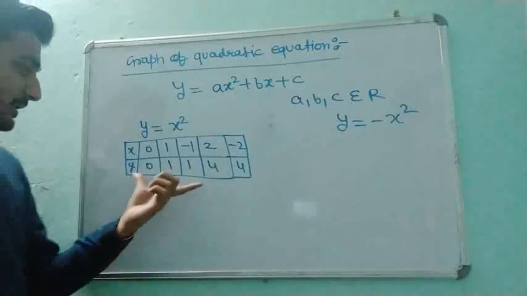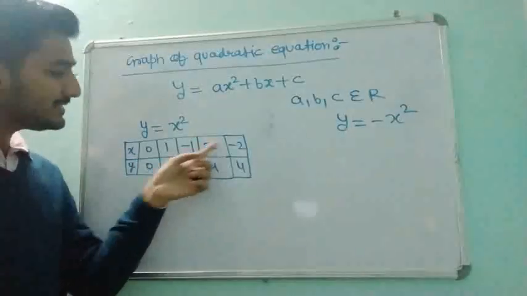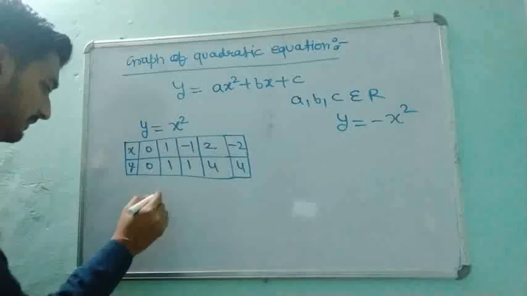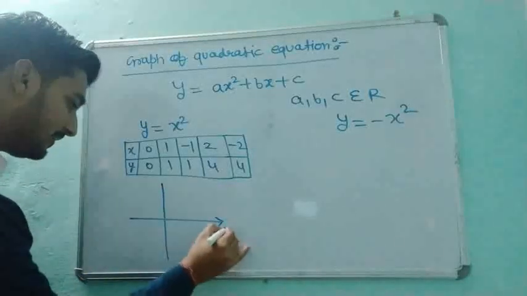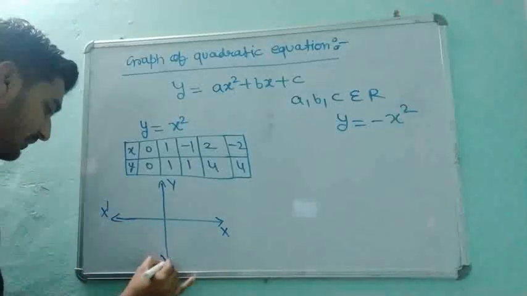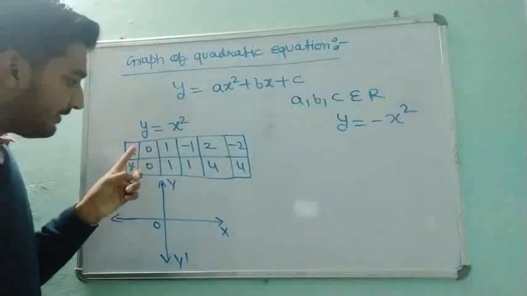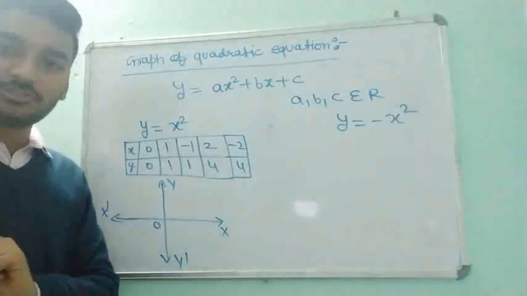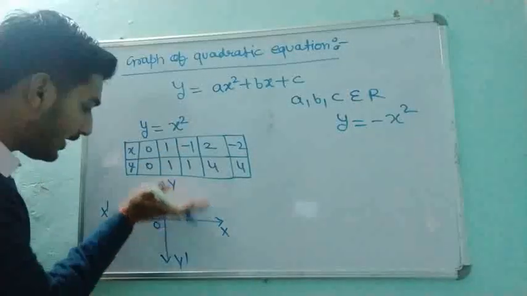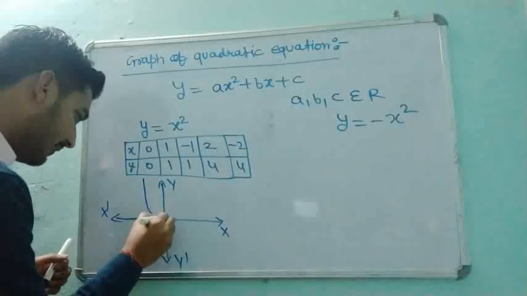If you see this table very clearly, for different values of x, either positive or negative, the values of y are positive only. So if we make a graph for this, this is our standard coordinate system. Here we have the negative x-axis, here we have the negative y-axis. So this thing is very clear: for every value of x, y is positive. Y positive means this graph is above the x-axis, because above the x-axis y is positive, and if we plot these points, we get this type of graph.